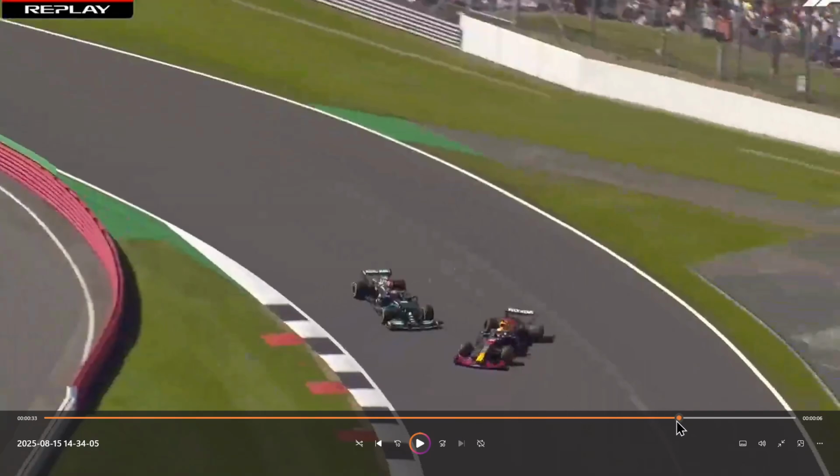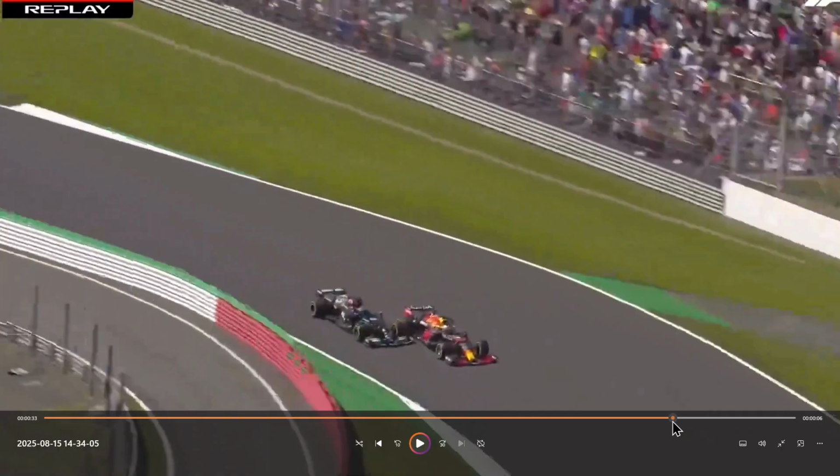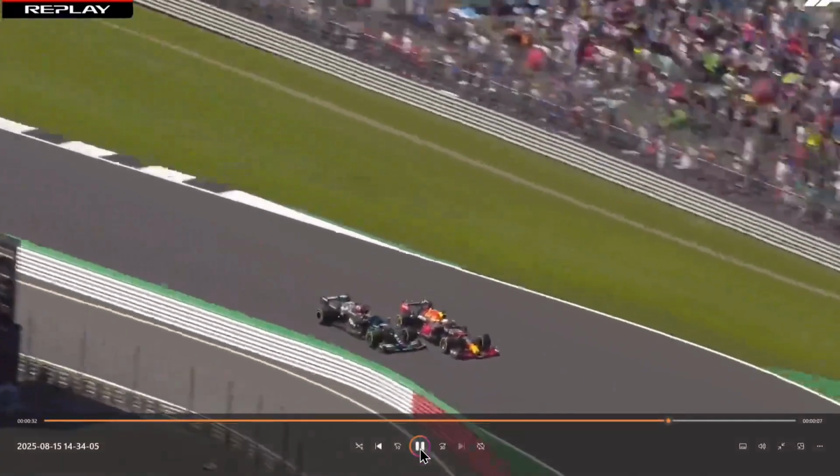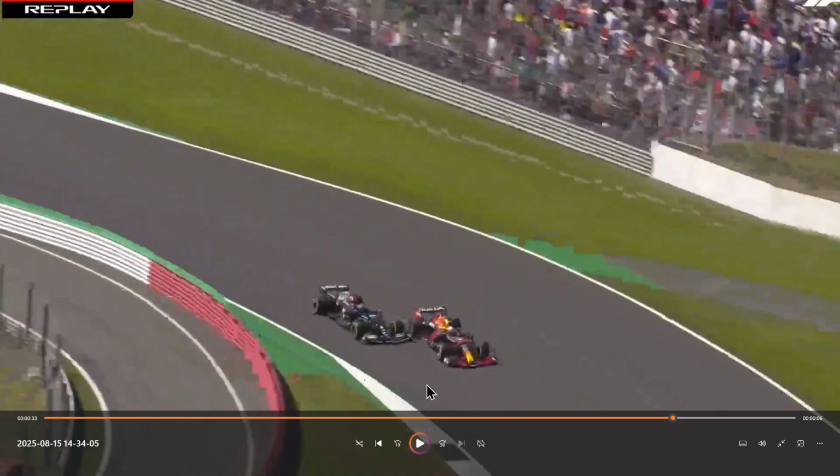And let's be clear, Lewis, at this point here, can you determine whether Lewis was on course to hit this curbing of the corner? No, you can't. You can't predict that. You can say he was on a course that would have been very close to it.